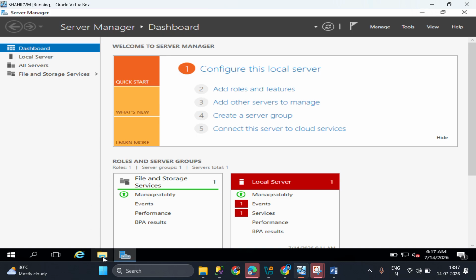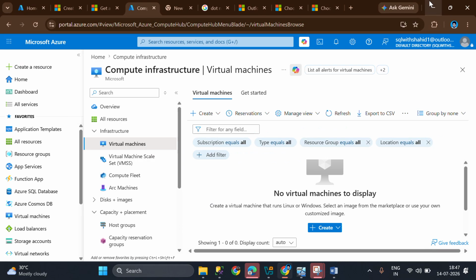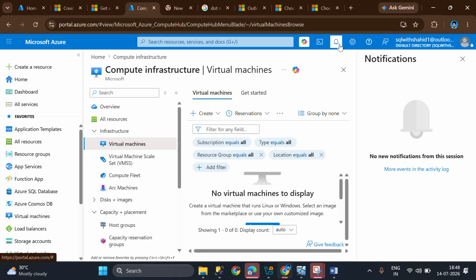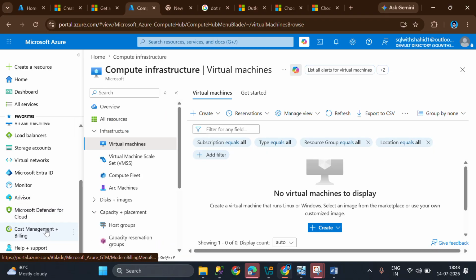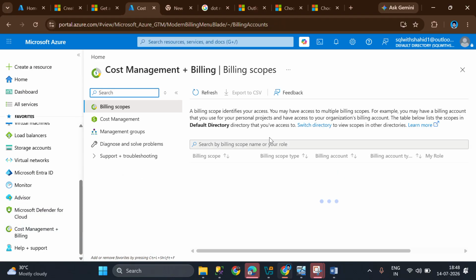Whatever you want. Here I have created the VM inside one big physical computer. Inside that I have created one VM. Same like that I will be creating in Azure, okay? So to create that I have to get those free credits, okay? I have got $200 credit. If you go and check cost management and billing, you'll see that the 200 credits are credited, okay?